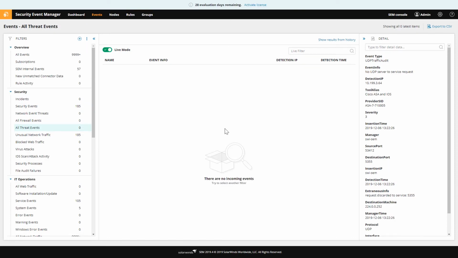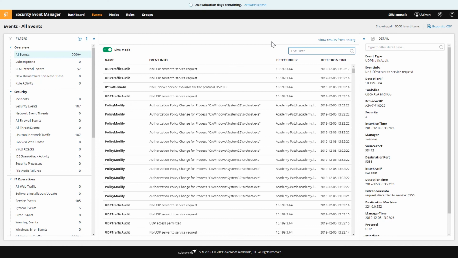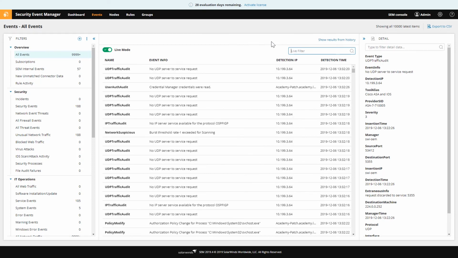Let's flip back to our SEM, and that's the basics right there. Now, obviously, we want to use this tab for searching. This is what this whole discussion is about. So we have a couple options to do that. Once I get the data flowing into SEM and I find something I want to search for, or I think of something I want to search for, I have basically two options. I can use this live filter box to filter this live data and see if it's come in recently, and just filter this stream into my own ad hoc filter, if you will.